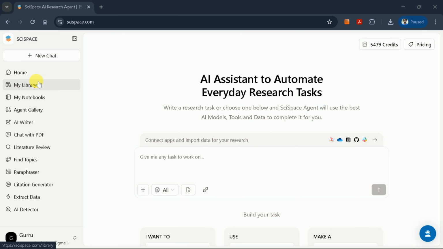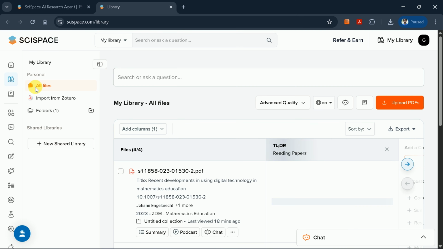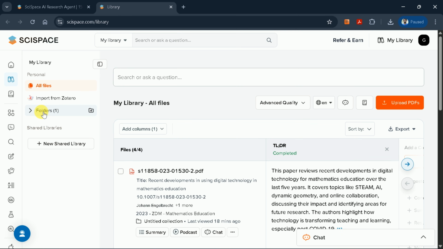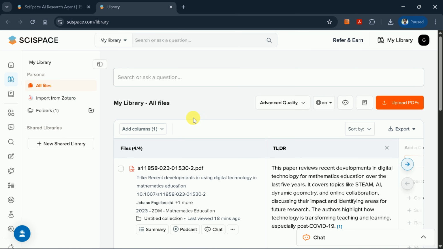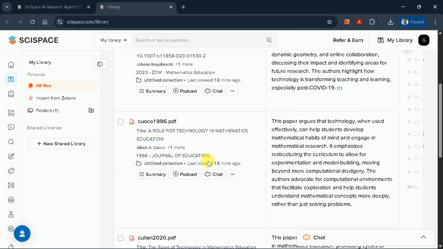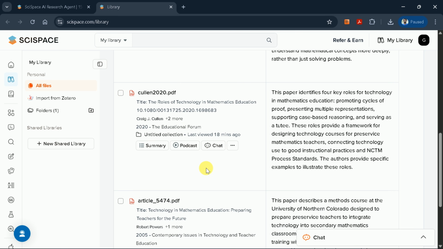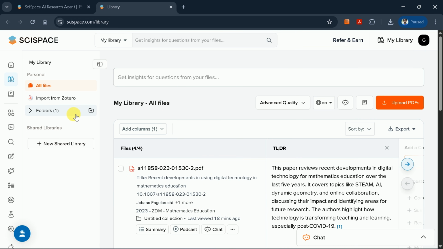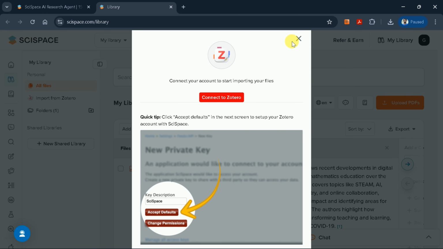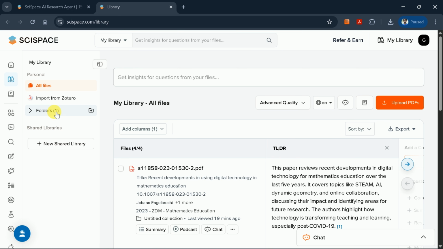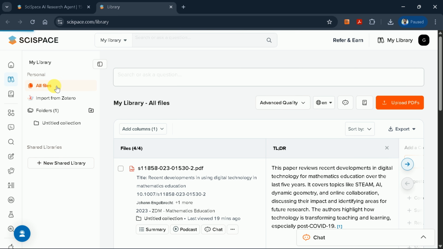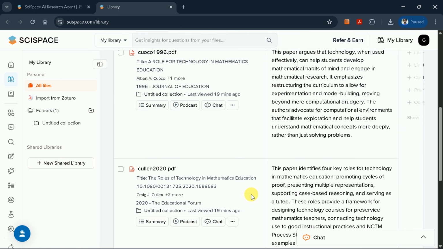The first update is the library search functionality within the SciSpace agent. This feature allows you to ask the agent to conduct analyses or extract key insights from PDFs uploaded to your library. If you're already a SciSpace user, you're likely familiar with the My Library feature, where you can upload your papers, connect your Zotero account, and import your research documents. Additionally, you can create shared libraries to invite team members or project collaborators, enabling you to interact and conduct collaborative